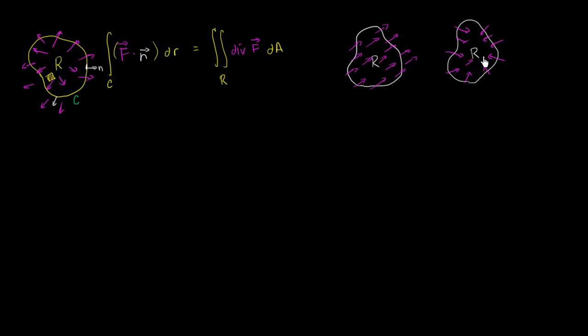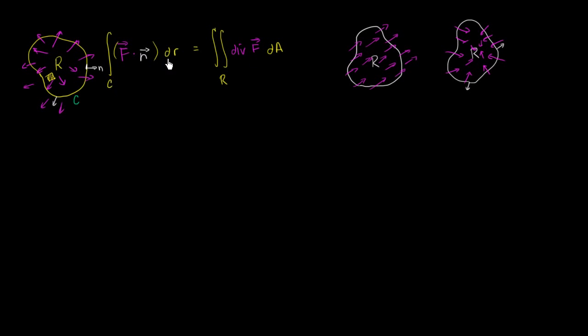So the divergence is negative in this situation. And also, the flux across the boundary is going to be negative, because as we see here, the way I drew it, across most of this boundary, the vector field is going in the opposite direction. It's going in the opposite direction as our normal vector at any point. So hopefully this gives you a sense of why there's this connection between the divergence over the region and the